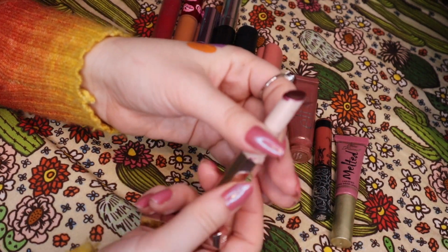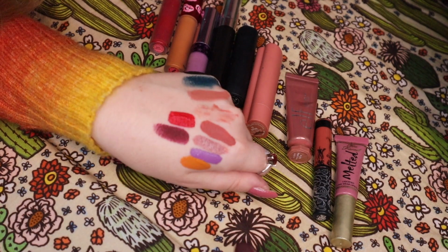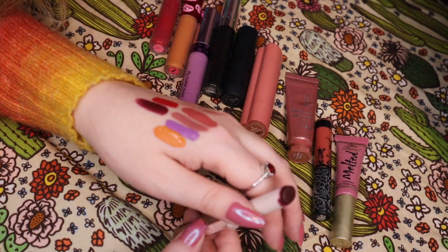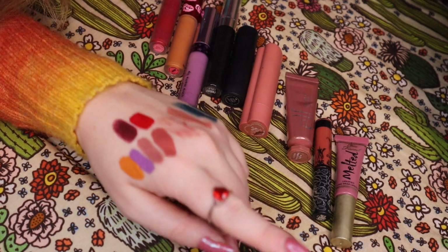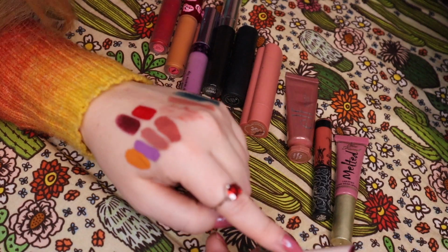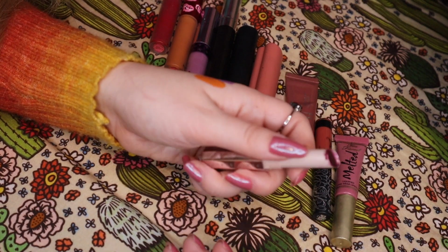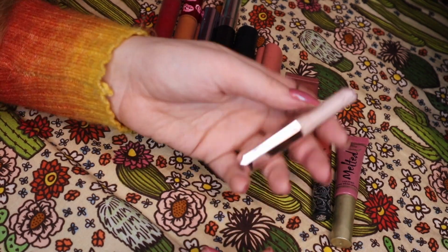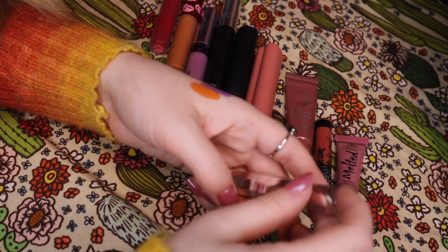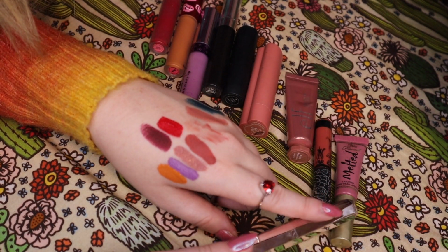This is Griselda from Fenty, and I wanted to like this one. And I do like the color of this one, but it always seemed old the whole time I had it. I know these were on sale for a really long time, and I only bought this, I think from the Fenty website when I was trying to buy enough to get the free sample of the Fenty perfume a while ago. And when I tried this on the other day, I was like, it's not good. I always wanted to like this more than I did. I like the name of it, I like the thin packaging of it, but it's past its prime, and